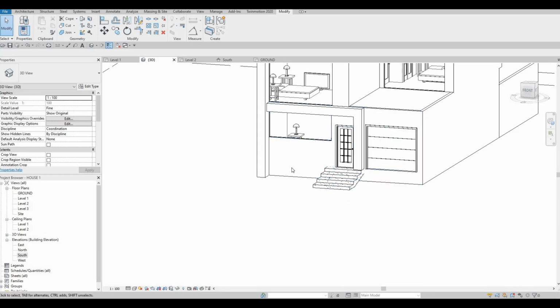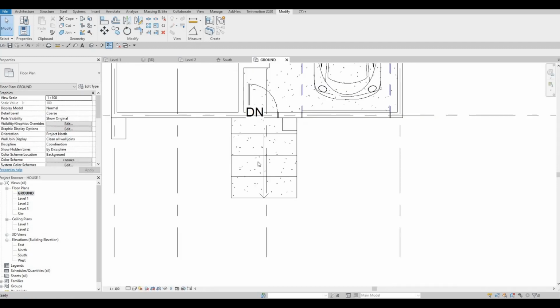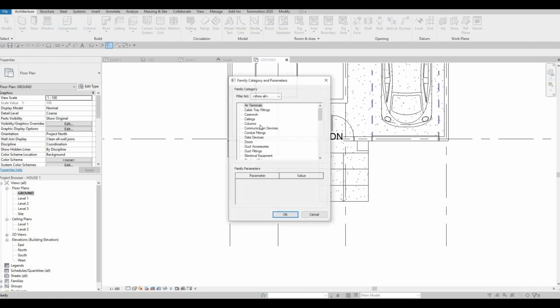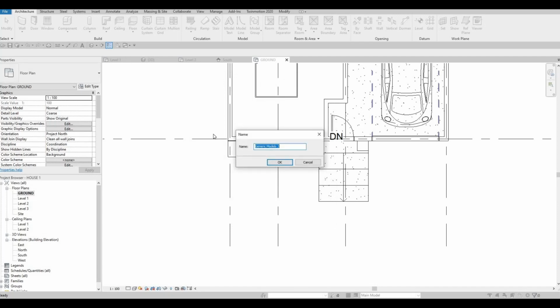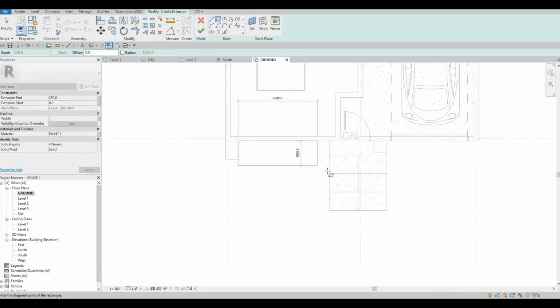Okay, so we need to slope it right about here. So from the top here for level 1, slowly we're gonna ground it, and then here let's add in a model in place. So go to your ground floor, and then here what we could do is go to architecture, model in place, generic model again, and it will be another extrusion. We're gonna choose the extrusion ground, which is already provided with us, and then here we could just add